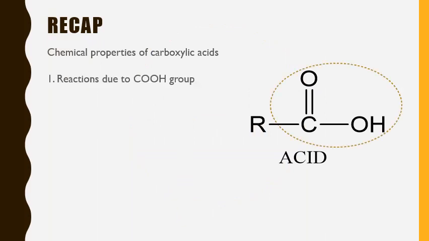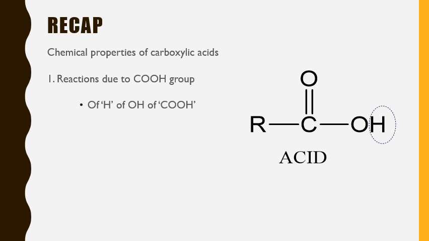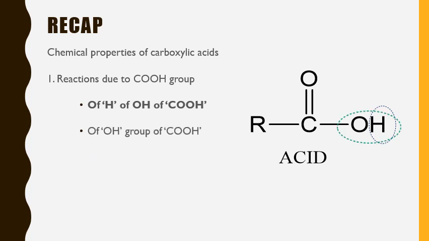Before that, let's have a recap of whatever we have learned from the past few classes regarding the chemical properties of carboxylic acids. We have seen that the carboxylic acids show two types of chemical properties due to the COOH group, the complete COOH group, which includes the reactions that involve H of OH of COOH and the reactions which involve the OH group, that is the hydroxyl group of COOH,